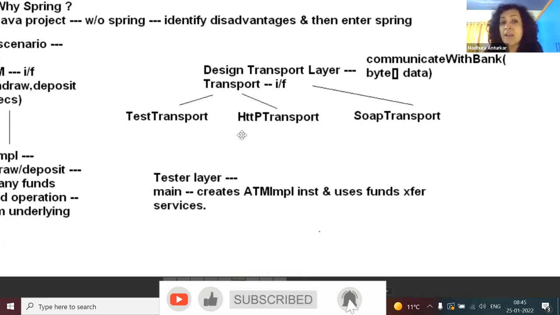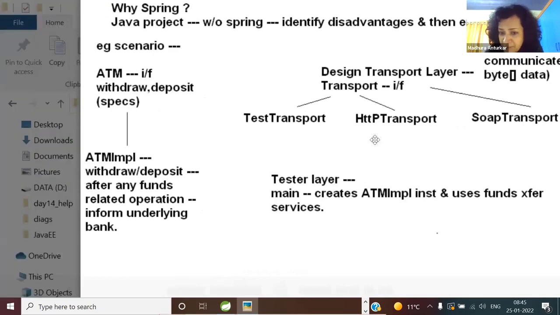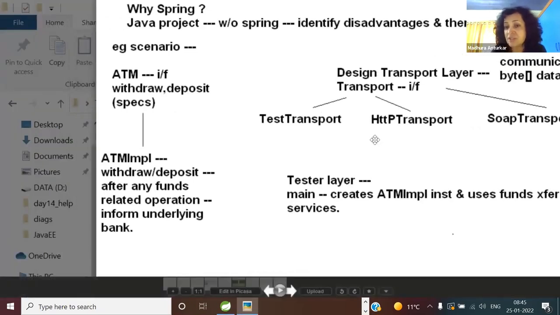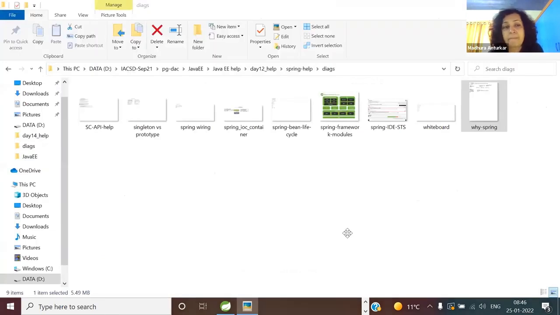Okay, so that's later. Now listen to the important question. This is where you start participating. Between ATM implementation and transport, who is going to call whose method for which purpose? 3W questions. I'll repeat the question. Between the ATM implementer and the transport layer, who is going to call whose APIs, whose methods for which purpose? Tell me. You can write in short form. I understand short form most of the times.